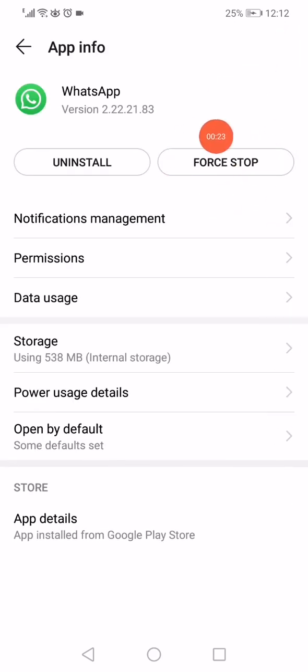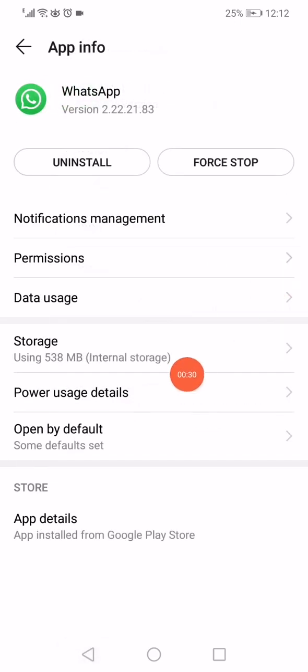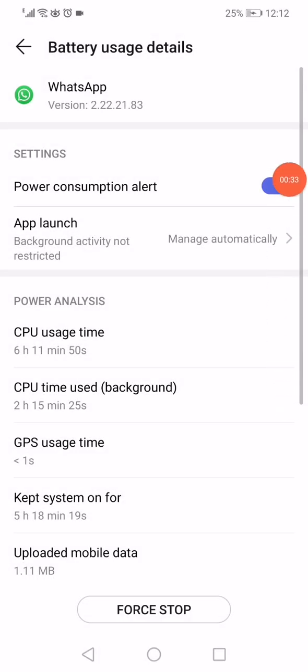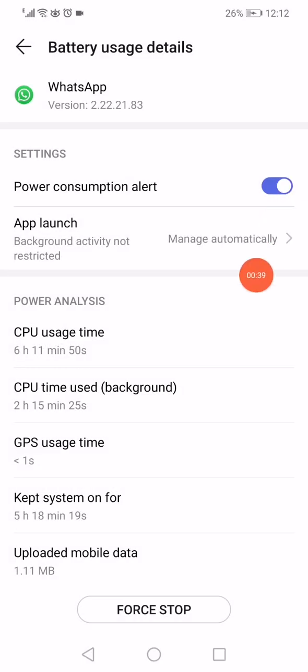Go to the WhatsApp app right here, click on the force stop and then go to the storage, click on clear data, clear cache, go back, click on the power usage details and then click on the app launch option. Make sure that all those options are enabled, click OK, click down here on this force stop as you can see,